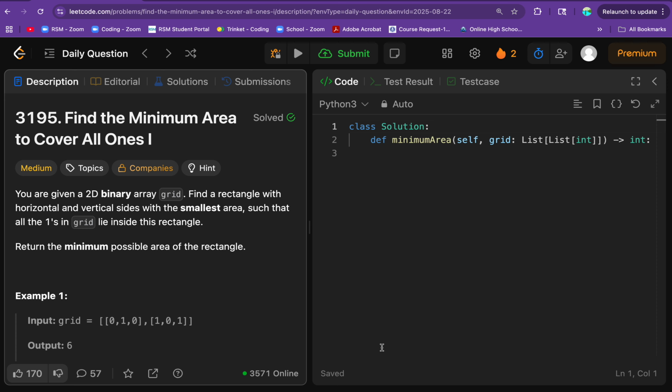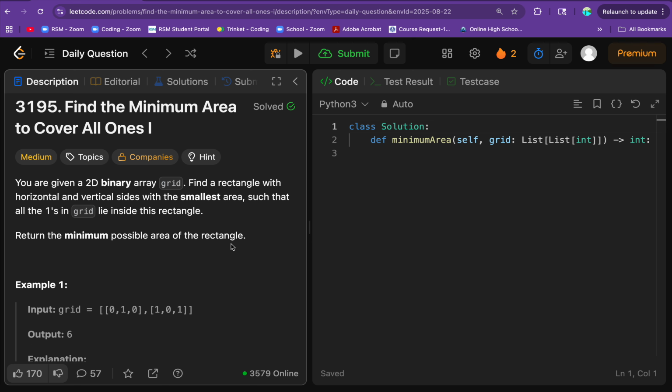Hey everyone, welcome back, and today let's solve Leetcode problem 3195 titled Find the Minimum Area to Cover All Ones, Part 1. So we're given a 2D binary array grid, and we need to find a rectangle with horizontal and vertical sides with the smallest area such that all the ones in the grid lie inside that rectangle, right? And we need to return the minimum possible area of that rectangle while still covering all the ones in our